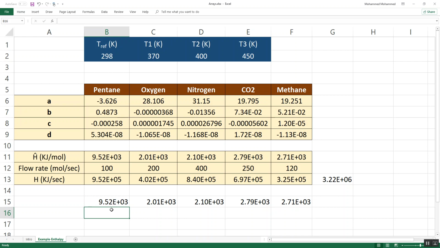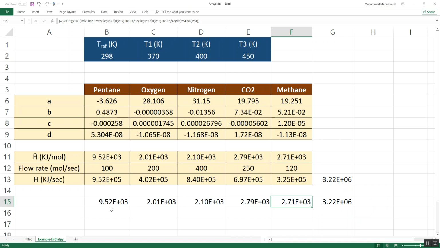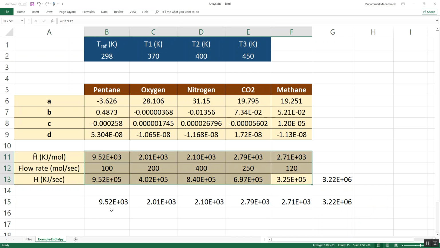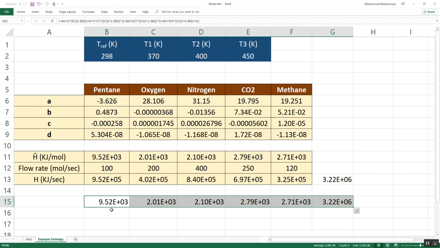The next step is to get the sum of the multiplication, so I can do it here, equal to the sum of the multiplication of these values by the flow rate, and then it's already the same value. So you see, instead of having 3 rows, we did this in only one single row, which is good, but we can be even more efficient by doing the same thing